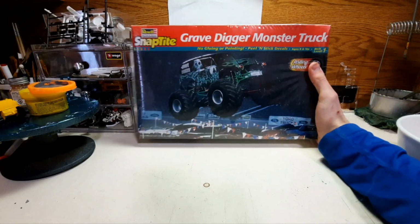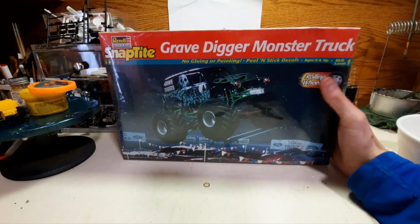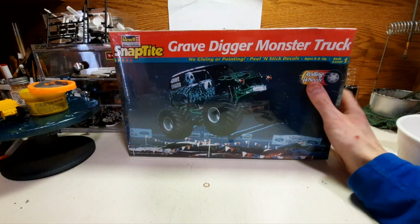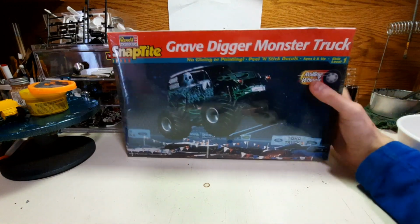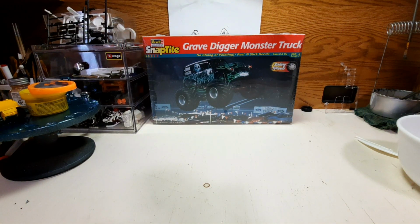Have the mainstream trucks, they don't really get that much attention anymore. So this was a really great kit to find. And speaking with the USA One trucks,